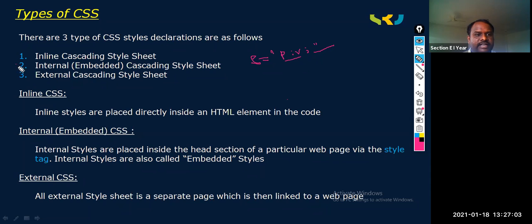When do we go for internal CSS? So inline, internal. Where do we write this internal CSS? In the head tag. And which tag do we use to write internal CSS?